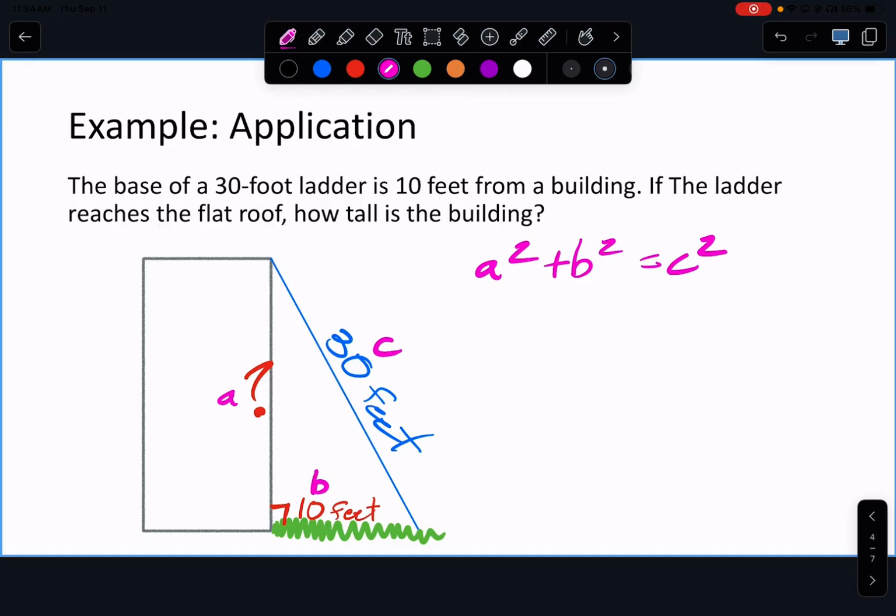All right, take 3 minutes and see if you can solve for the height of the building. All right, we do not want to leave this in radical form. Okay, I want this to be something that we could look at a tape measure and